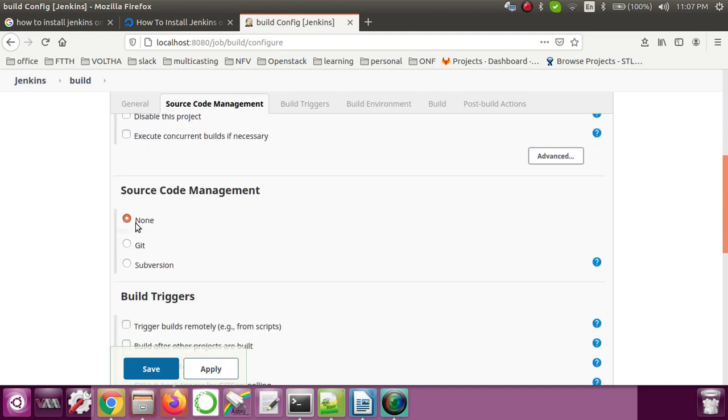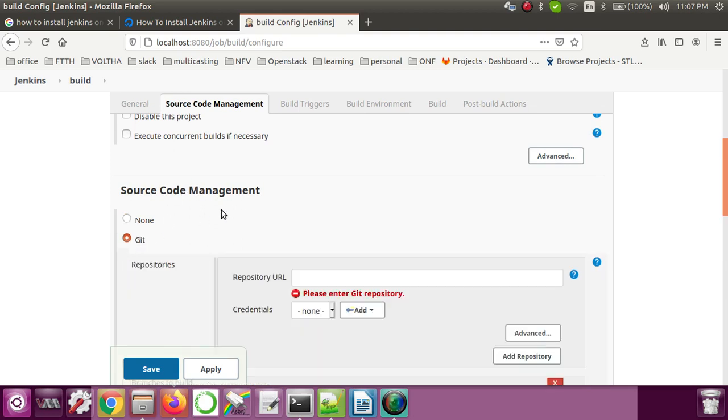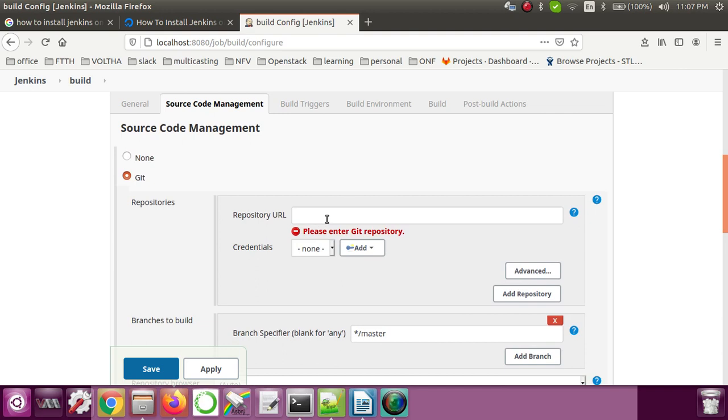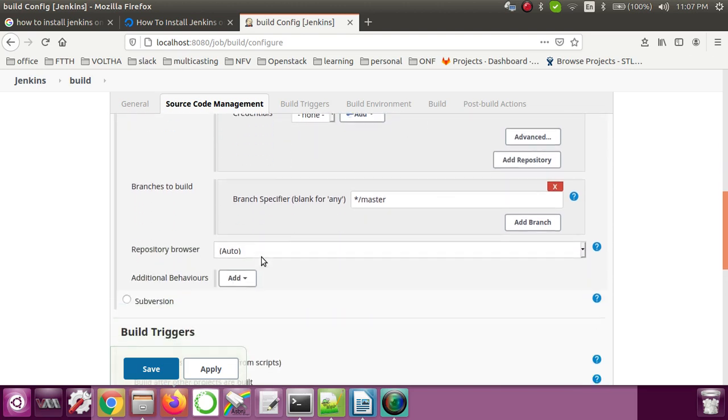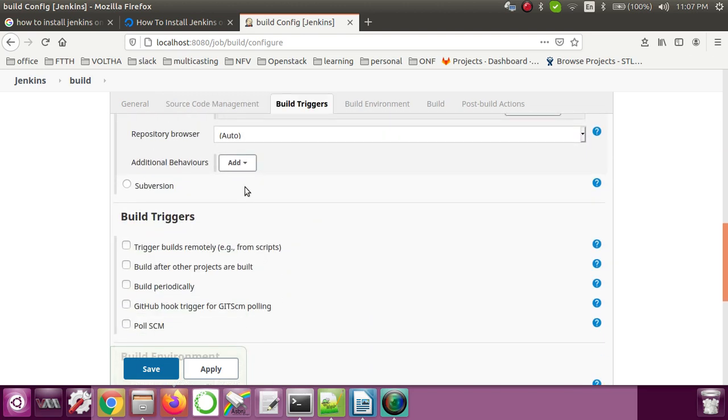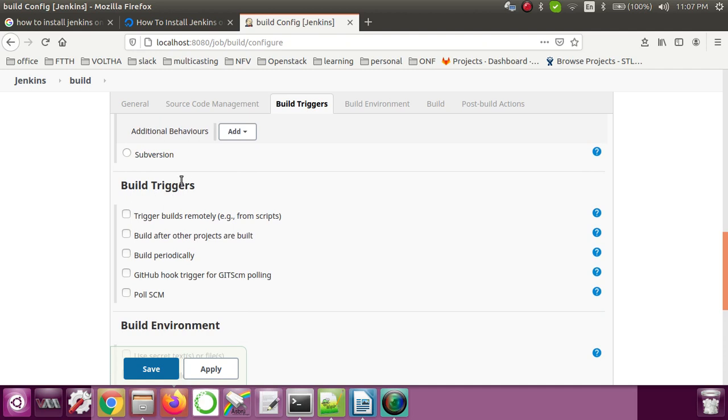Okay, then source code management. What source code management do you use? So in case we use Git, then your repository, from where this code needs to be taken. Right now our repository is not set, so that is the reason we are not providing it here. We can provide all the credentials and so on. Once the repository is given, now comes when this build needs to be triggered.